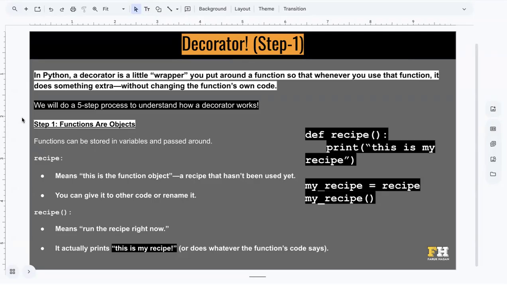So if you want to know the definition, in Python, a decorator is a little wrapper you put around a function so that whenever you use that function, it does something extra without changing the function's own code. Now, this definition may not make enough sense, and that's the reason I want to explain decorators in 5 steps